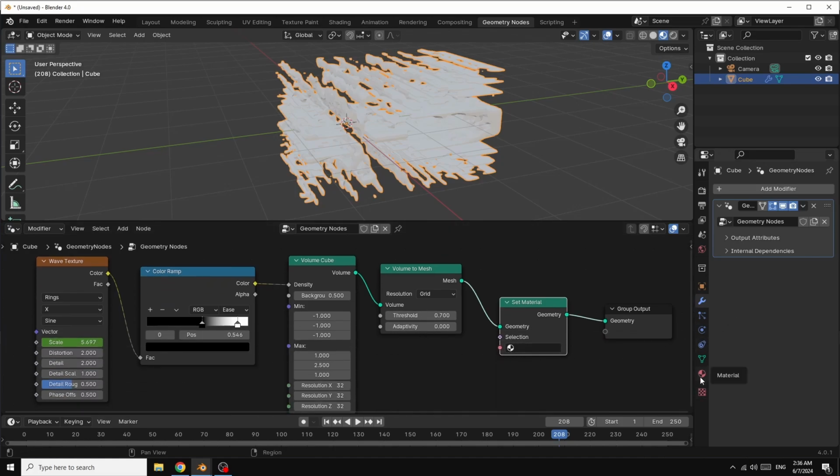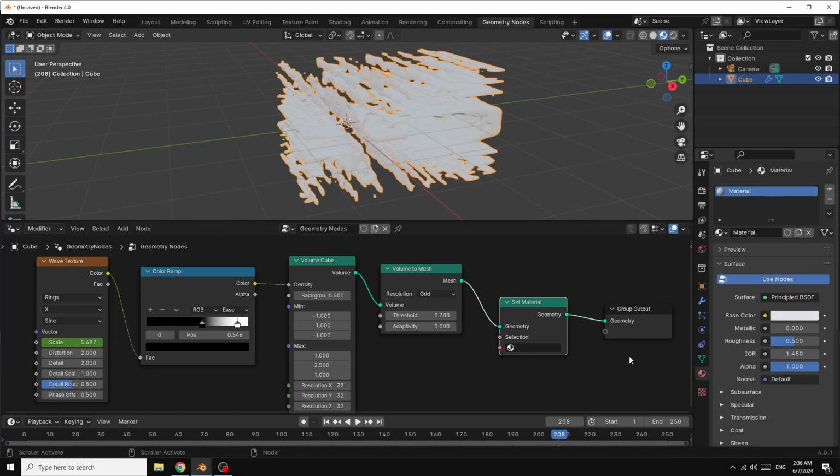So I go here, click here in material, and now here you can see we have material. So I select here material.